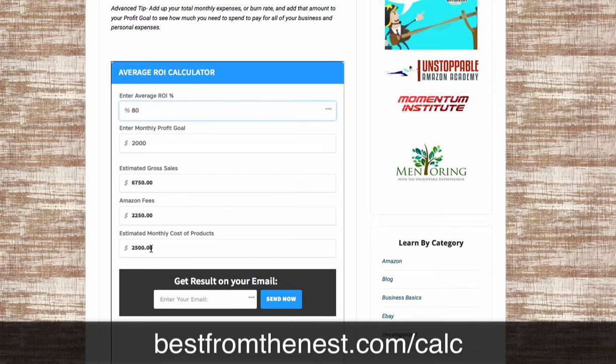I know that analytical people believe this is not exact. This is not an exact science. Please do not base your livelihood off this. This is to give you an example of what to look for in your business. So, as you're looking at this, she does that. Now she's able to pay herself $500 a month and she's spending significantly less than she was at the 40% and 2,500